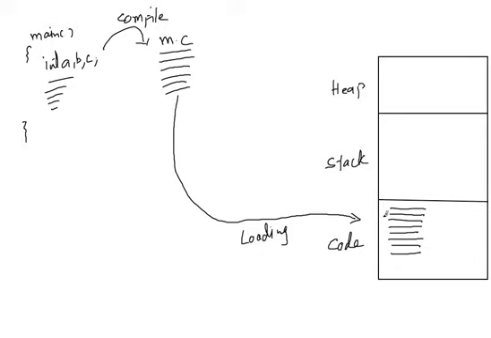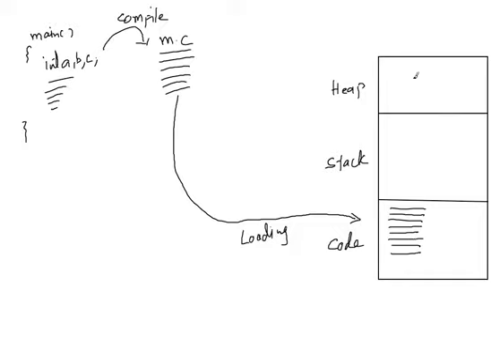Just like for playing any DVD, you must load the DVD in the player, or if you want to play any audio, then you must insert a CD in the player. In the same way, for running the program, the machine code of the program should be loaded in the main memory. Then the CPU will start executing this program by taking one instruction at a time. This is how the code section is used, for residing the program or loading the program.